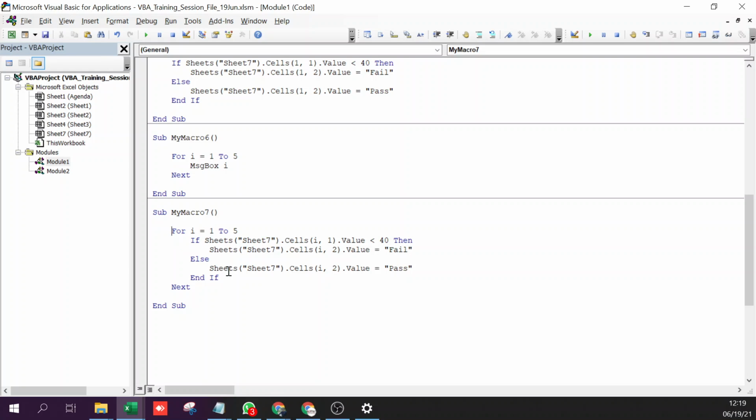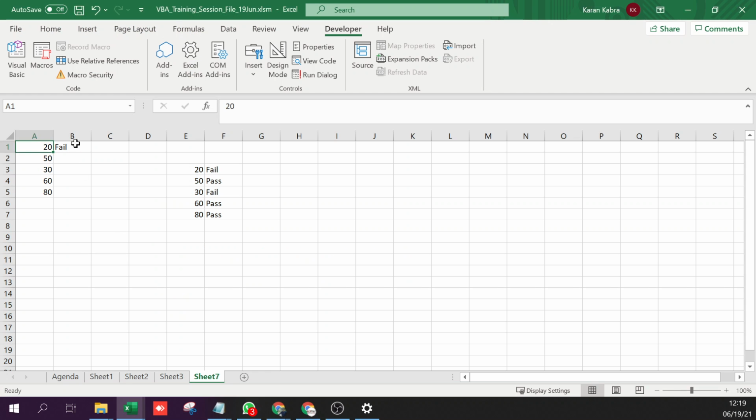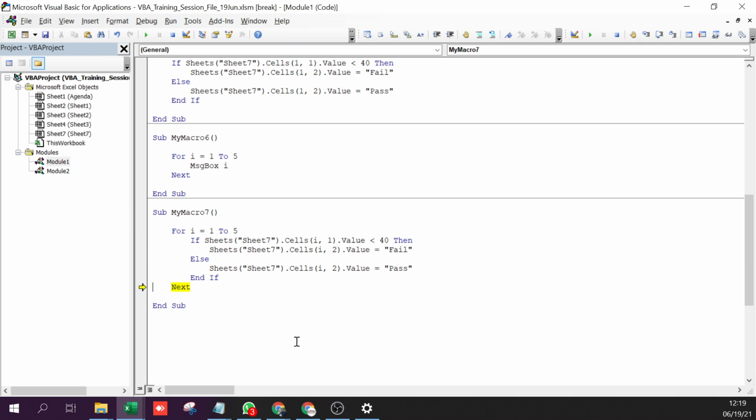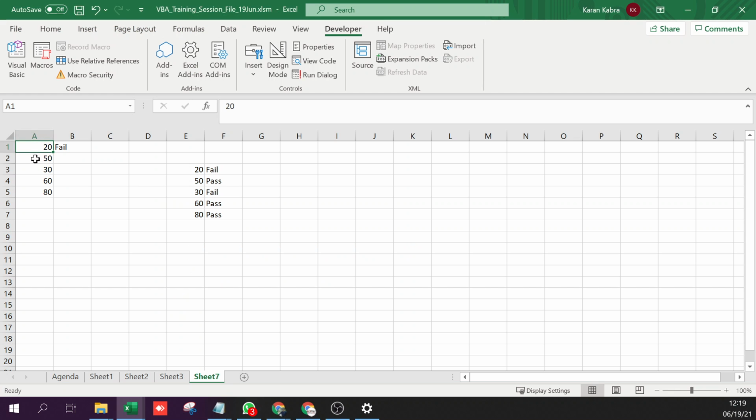Okay. We can run this line by line and check. F8, F8, F8. We can hover on i and check. i has the value 1. If 1 comma 1 less than 40, then it has gone here because their value was 20. Let's see if we have a fail. Yes, we have a fail here. F8, it's gone to next. i has the value 2. Now is the value in this cell less than 40?